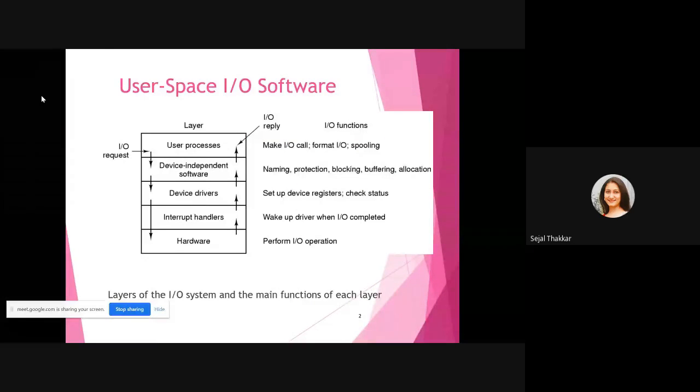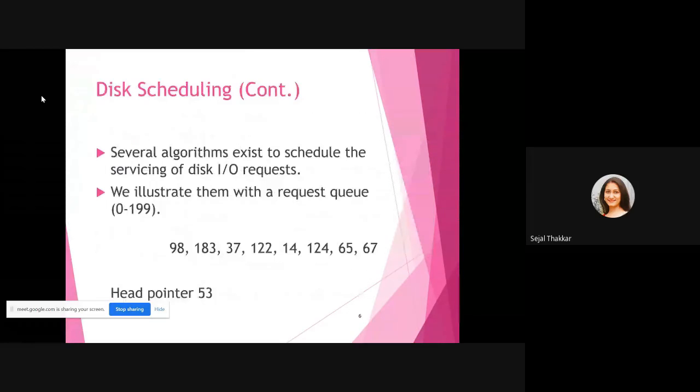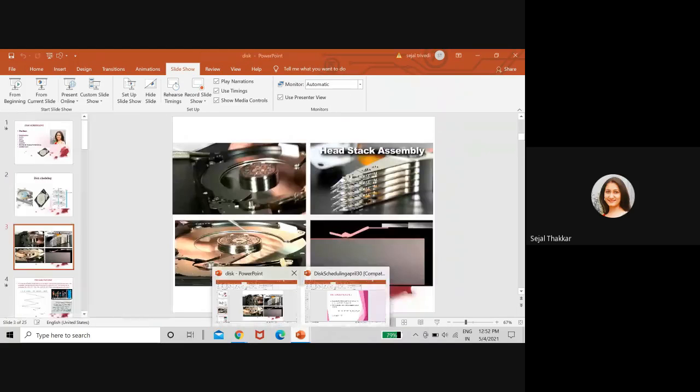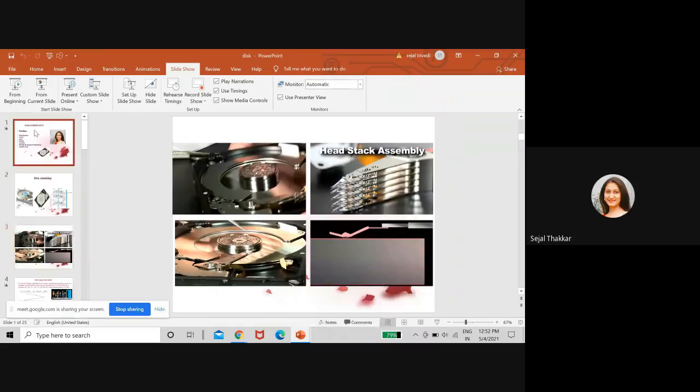So as I told you that hard disks have tracks and sectors, and there is a read write head which helps you in writing and reading the data from that particular hard disk drive, and there are various ways to read and write data. Let me explain the ways. First come first served, shortest job first, shortest seek time first. You can see here these are the various ways.